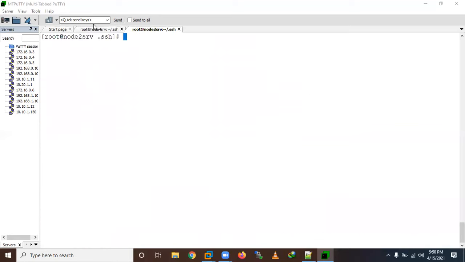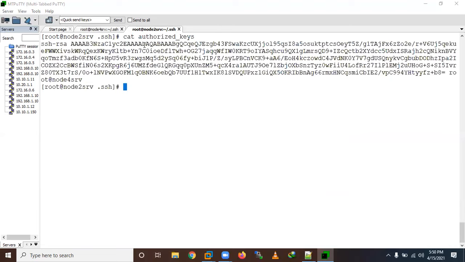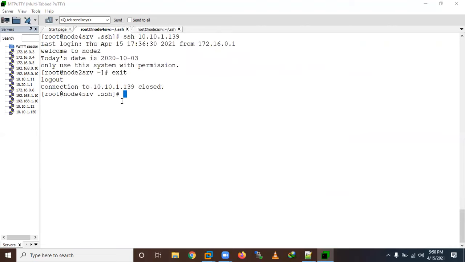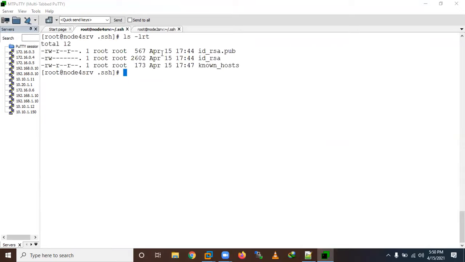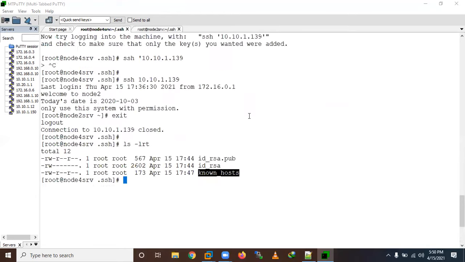Let me show you here. Authorized_keys, you can see it's the same here. Now I am on the node 2 server and running ls -lrt. When we try to connect, it generates a known_hosts file.